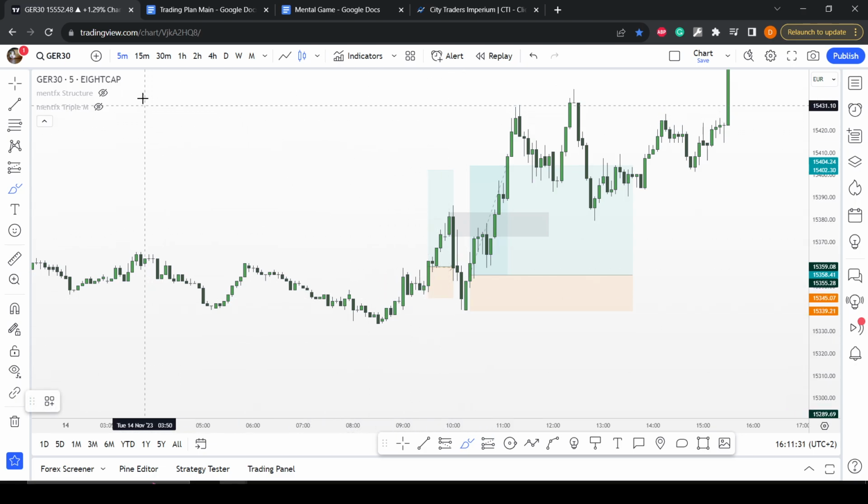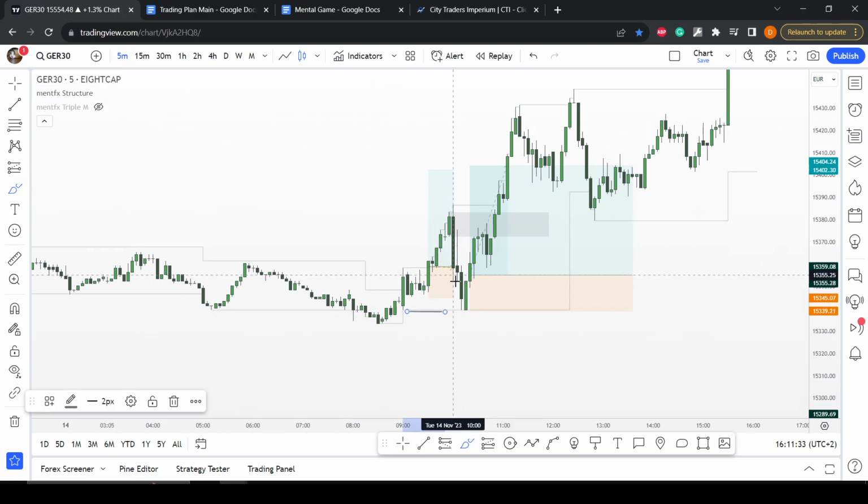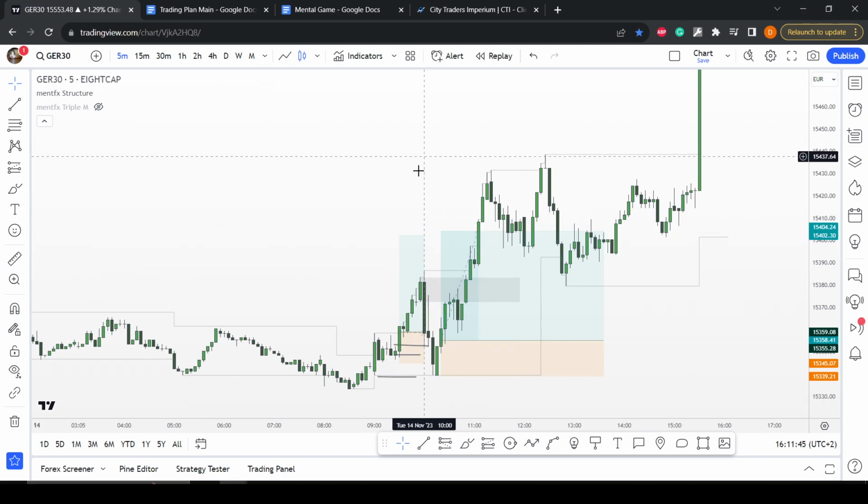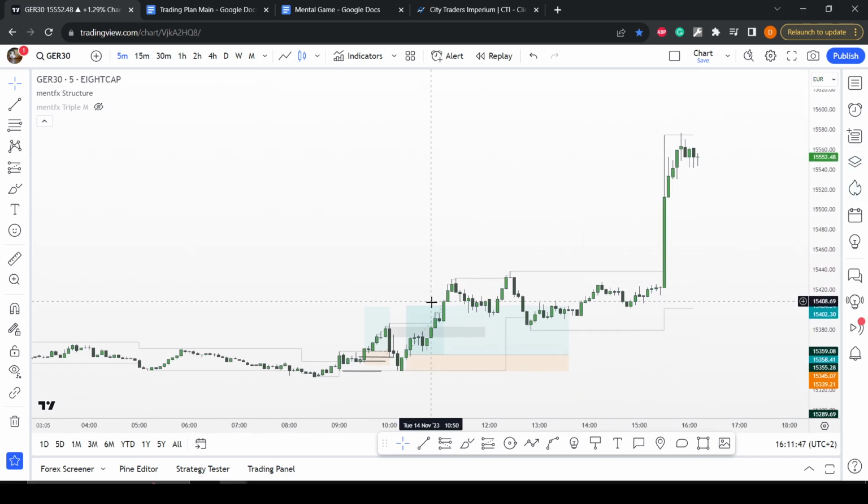our structure, supply and demand zone, and confirmation here. So this is SSC entry. Better entry for impulse correction impulse would be here. This gave me 3R and went on the news all the way to